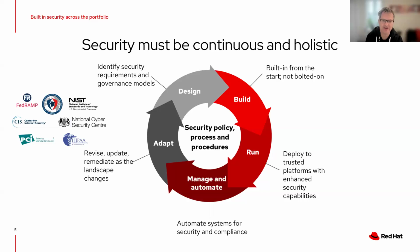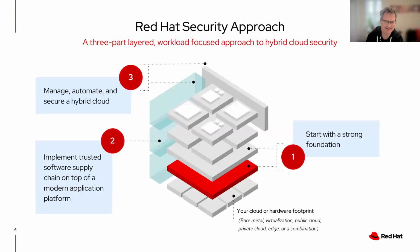As part of our philosophy, we believe in full cycle security, that security is continuous and holistic, that we need to discover security in all the phases of development, even in the design phase. When we build a product, from the first time a developer starts developing or submitting an image to a repository, we have tools that allow you to scan for vulnerabilities and enforce policies on the development side. We also provide a trusted